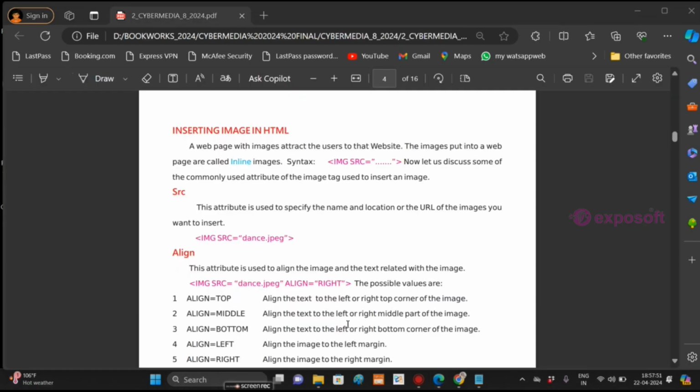Next we can discuss how to insert an image in HTML. A web page with images attracts users to that website. So using the img image tag, we can insert images. The images put into a web page are called inline images. Along with the img tag, we have to give attributes also. src is one attribute which is used to specify the name and location or the URL of the image you want to insert. For example, img src equal to